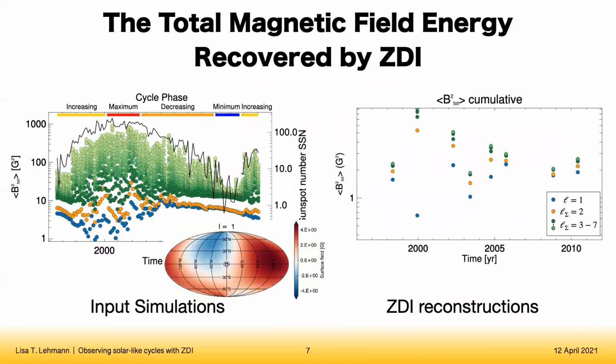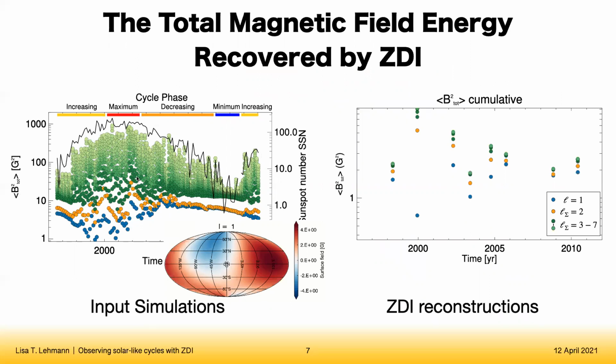So let's start with answering the question: how to detect a solar-like activity cycle, or what would be the best parameters to check? First I checked the total magnetic energy. On the left, you see that I'm plotting the mean squared average of the field, corresponding to the total magnetic energy, over time for the simulations, and I decomposed them in the spherical harmonics